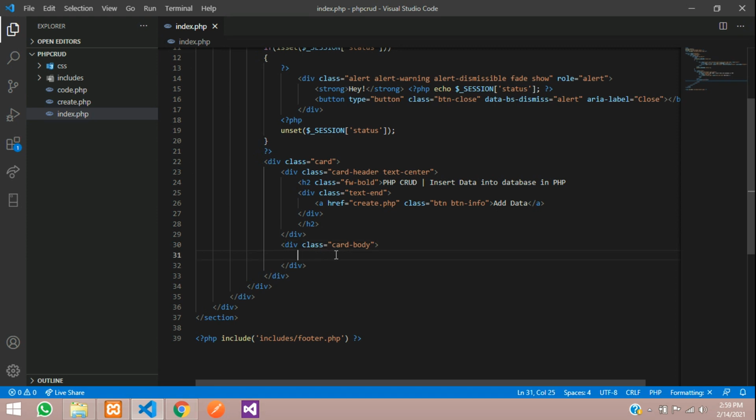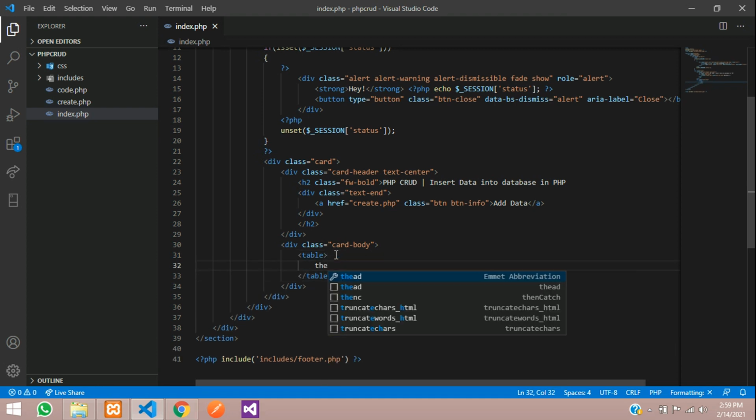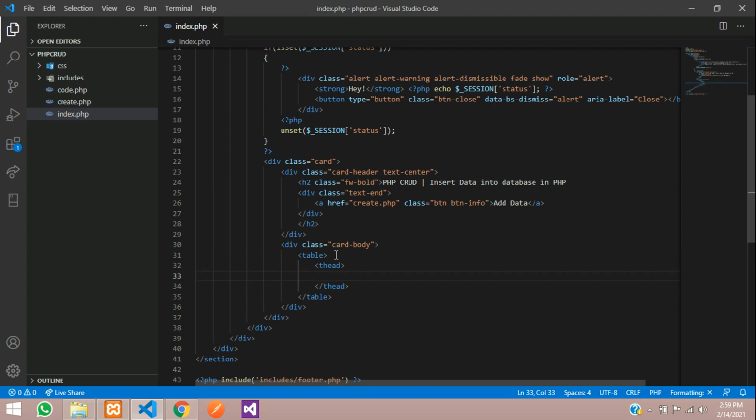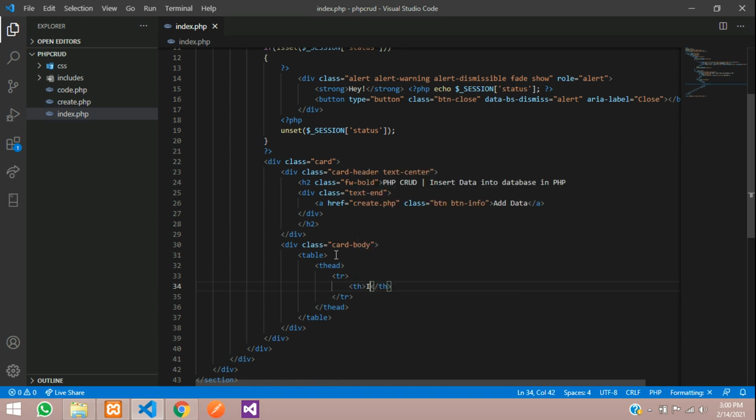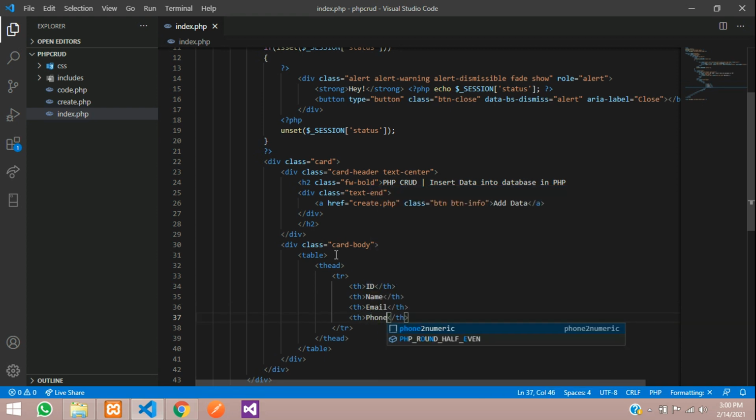We are going to create a table. Let's say table, and here table heading, head tr, th, and here first we'll have the id and the name, email and phone number. Well, you can say contact also. Okay, contact number. Now we'll create the tbody